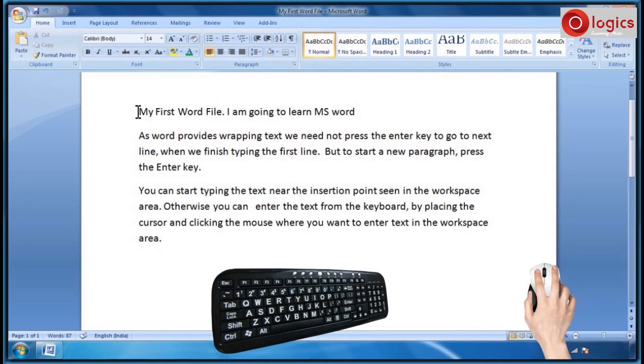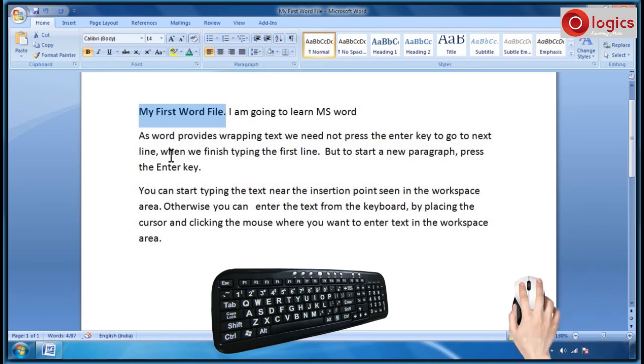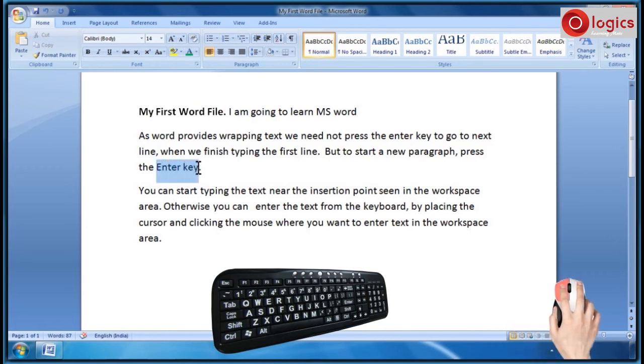Select the text and press Ctrl key and hold and press B. Select the text. Press Ctrl key and then press I to apply italic effect for the selected text.